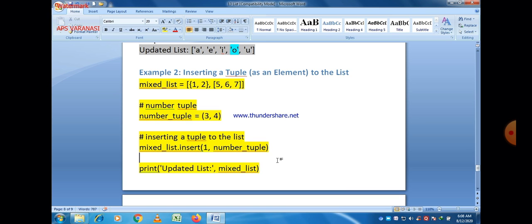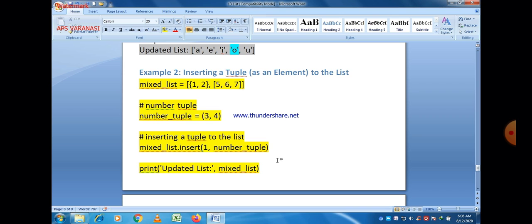And at position 1 there is a list containing 3 different data items 5 6 7, but here we insert at position 1 a tuple which contains 2 different data items 3 4. So 3 4 will be added at that position. So now the items are 1 2 3 4 5 6 7.